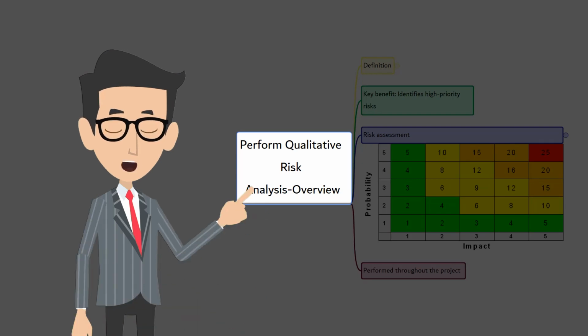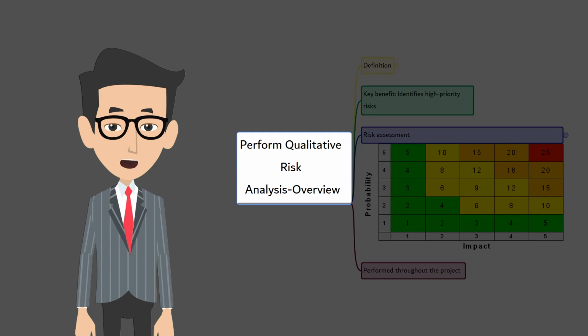Recall our initial discussion about stakeholders. Different stakeholders need different kinds of attention, right? Similarly, not all the risks will carry equal weightage. It will be too expensive to analyze every single risk that is identified and plan for a risk response. You need to analyze the risks, including their probability and potential impact on the project, so that you can plan a risk response only for those high risks. That's what you do in perform qualitative risk analysis.